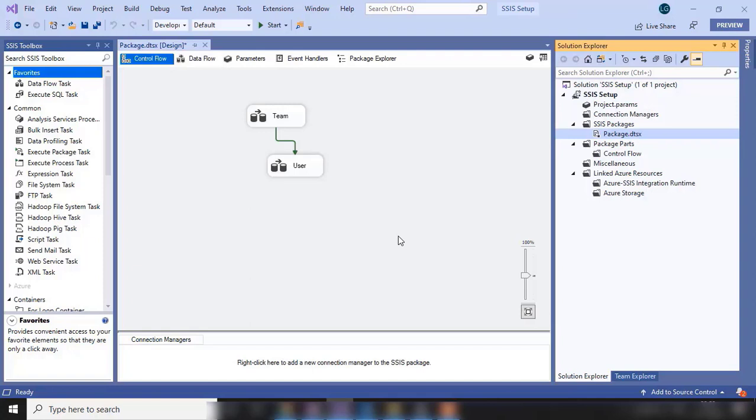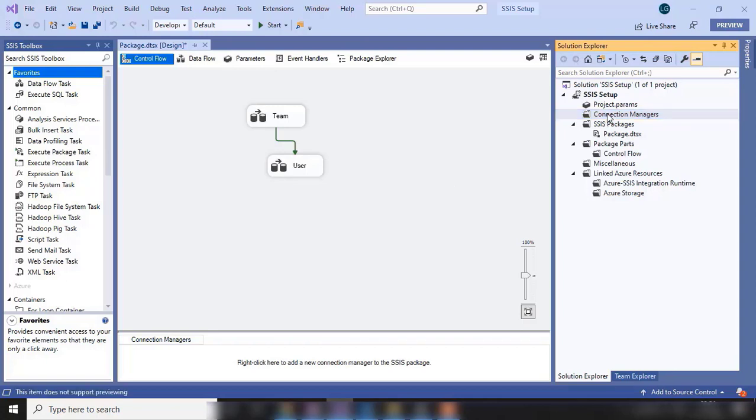Now let's move to our next component of SSIS, which is connection manager. Connection manager is used to create a connection with your software. Suppose you want to create a connection with Excel or maybe SQL Server, maybe there is some other software. Then with the help of this connection manager, you can create a connection. It manages all the connections.